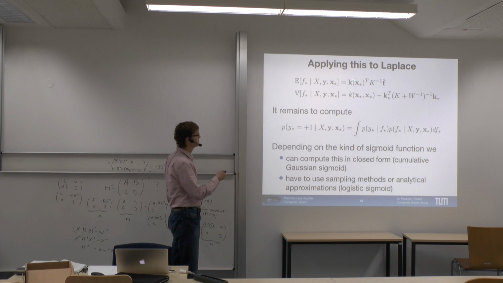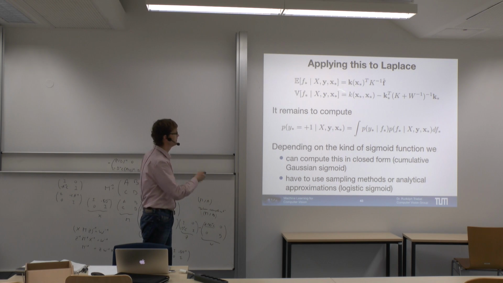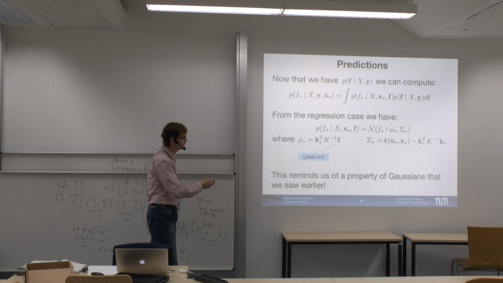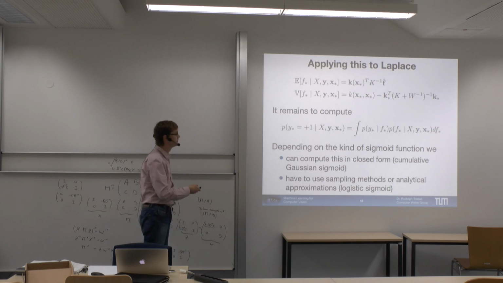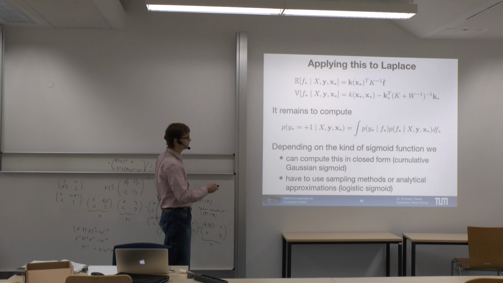So the solution is that we have a mean and a variance here, and that means we have this distribution given now, right? This is this thing here. We now know this Gaussian distribution. We know now mu star and sigma star, right? It's this and this. Now the only thing that remains is we have to marginalize out f star again,